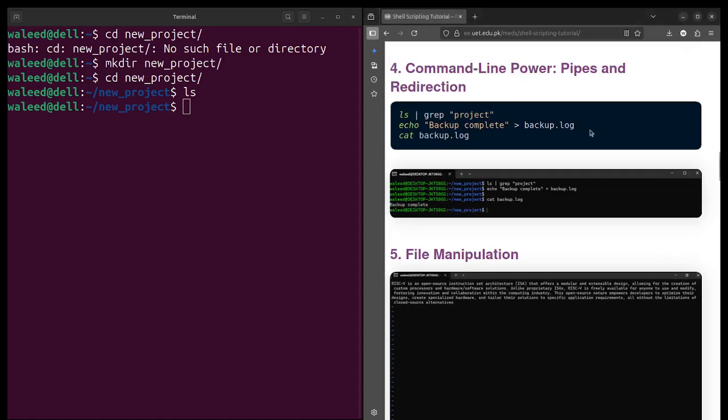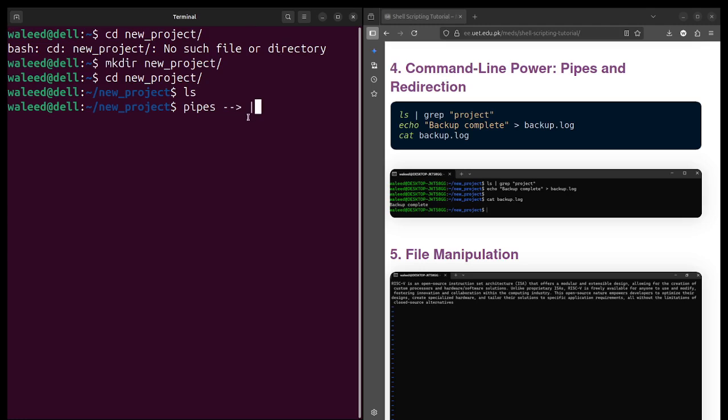Okay, so next I have pipes. The symbol of pipe is this one, and what is it used for? Pipe basically takes the output of the first command and passes it as the input of another one.